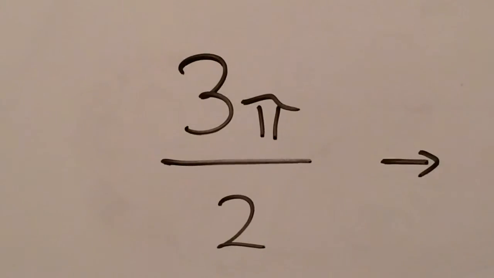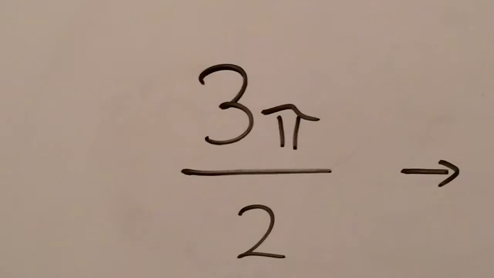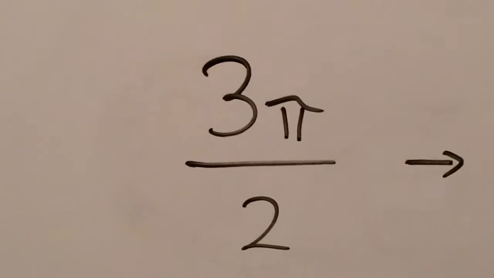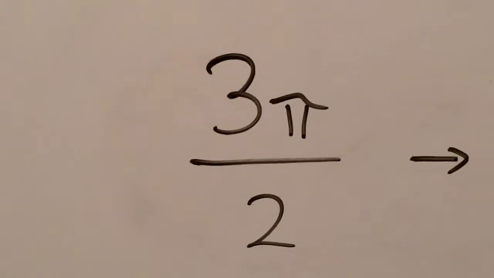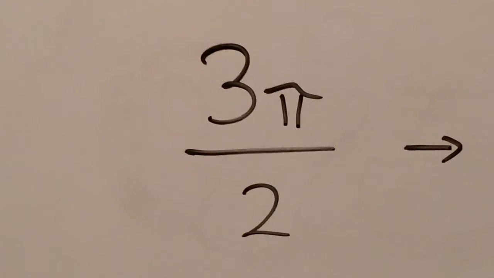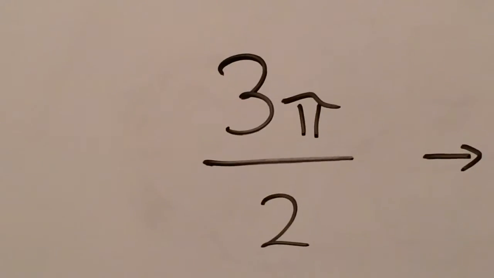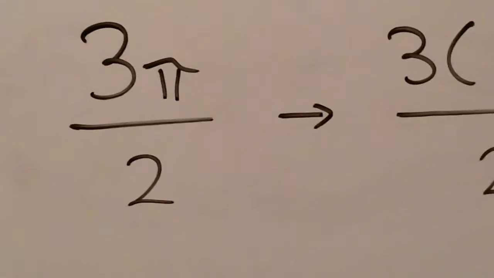Now let's say you have an angle written in radians, for example 3 pi divided by 2. To convert from radians back to degrees, we can simply replace pi with its equivalent in degrees, which is 180 degrees. So by substitution,